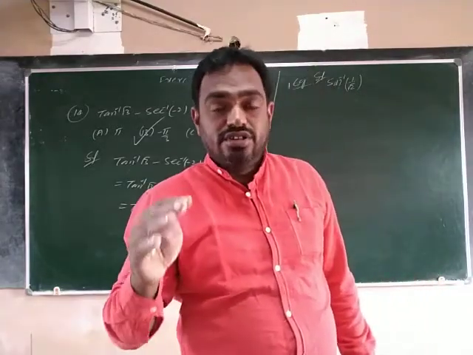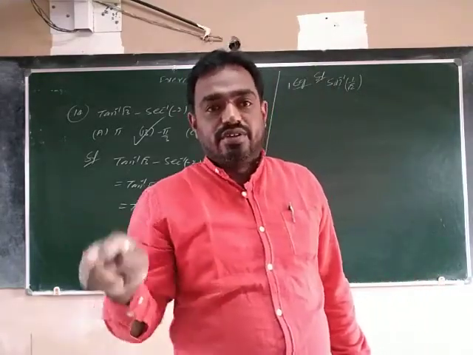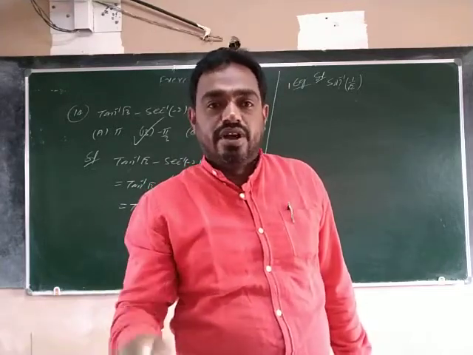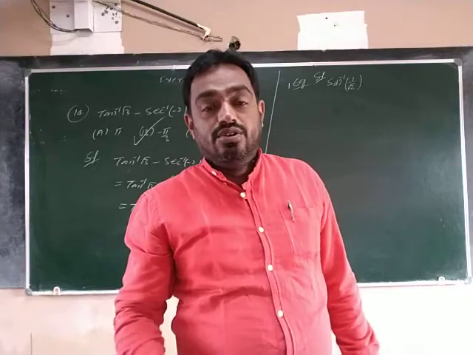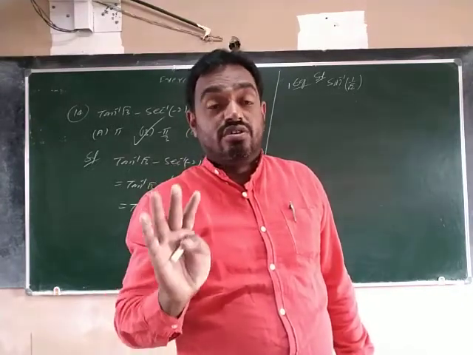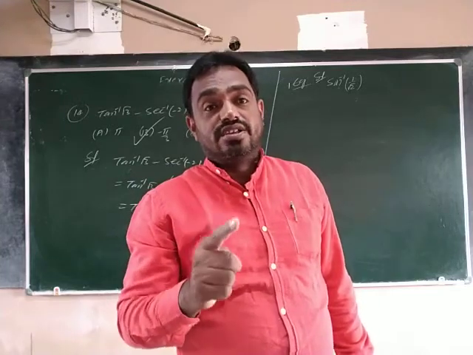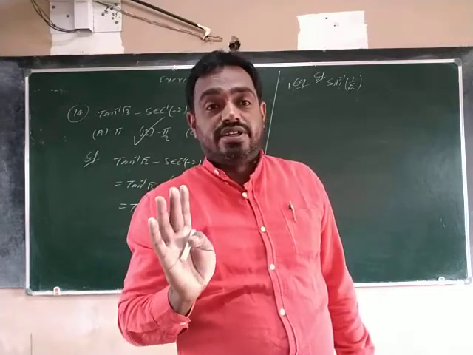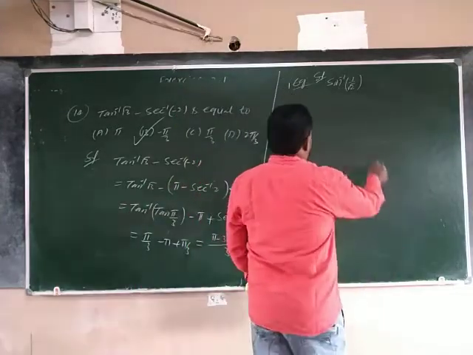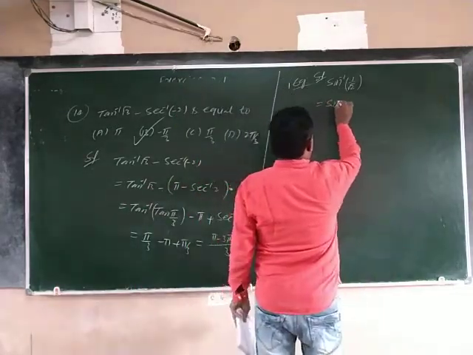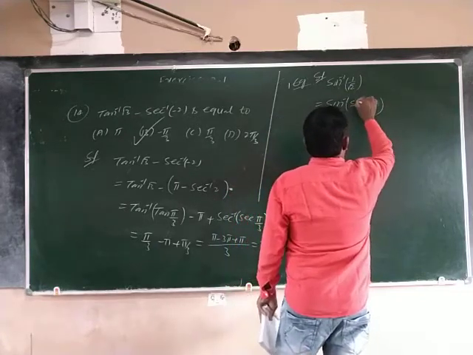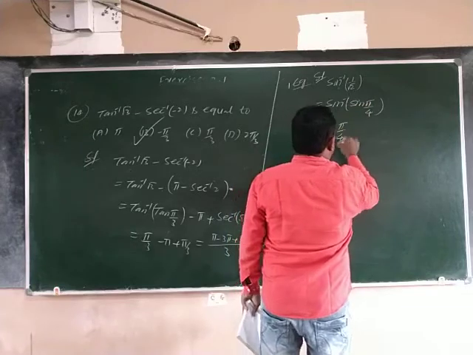So in the solution, you write the question, sin inverse of 1 by root 2, and in the solution, again you write sin inverse of 1 by root 2, and then write the next steps. Without the question, you don't write the answer. And it is better to write the question and answer with separate pens. Okay? The solution: sin inverse of 1 by root 2 is equal to sin inverse of sin pi by 4. So this is equal to pi by 4, which is the answer.